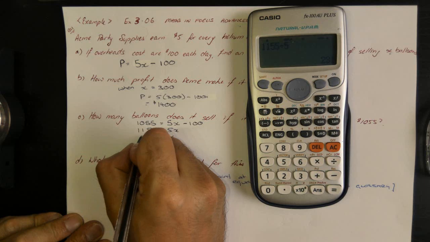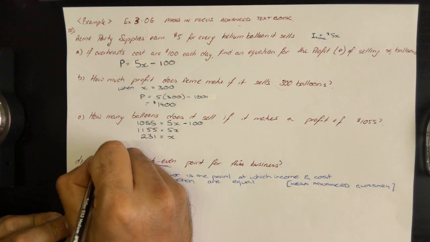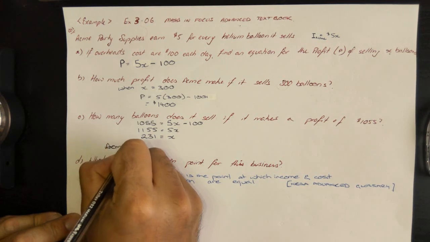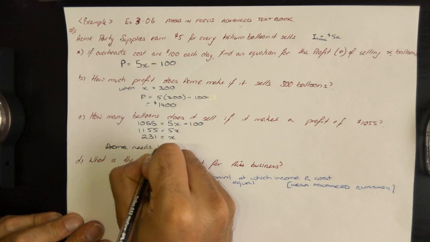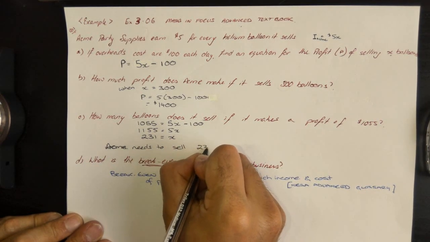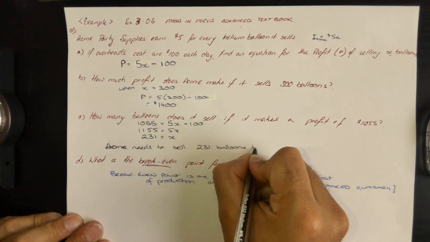Is 231 balloons. So we need to sell, or Acme needs to sell 231 balloons